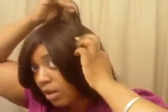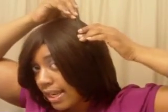You want a nice amount, because once you take the weave and you stick it down, the glue is going to come up a little. What I mean by that is once you press anything down onto any surface, it's not going to stay in the same spot. You're going to have some that comes out or comes over the top a little bit. And so you want to make sure that the glue you have on there is enough to hold the weave to your stocking cap. Other than that,